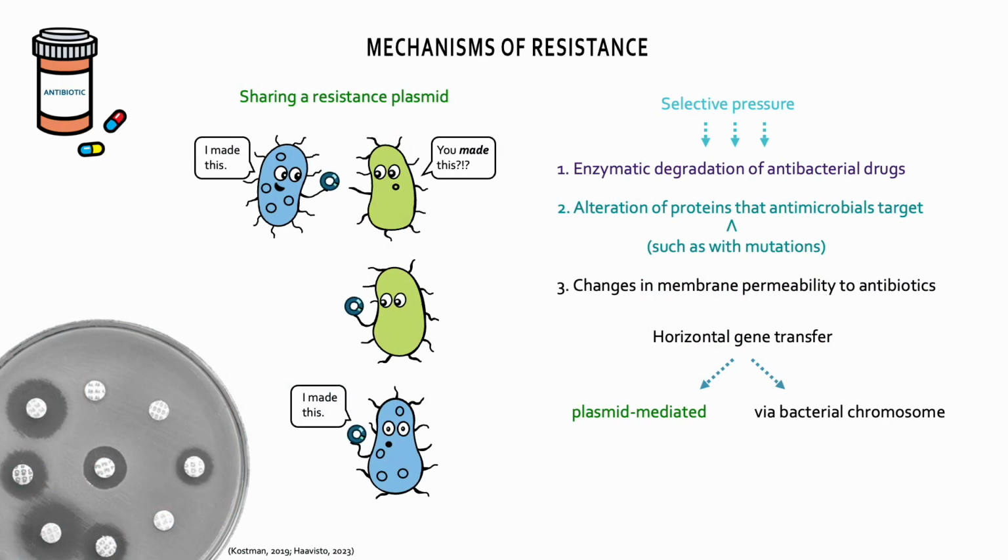This example of inadequate treatment duration demonstrates selective pressure. When an antibiotic is used, bacteria susceptible to the antibiotic are killed, while those with resistance genes survive and multiply, effectively selecting for the resistant population. This is not a complete list of the mechanisms by which antimicrobial resistance develops, but I wanted to provide a